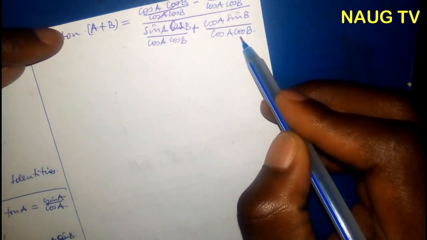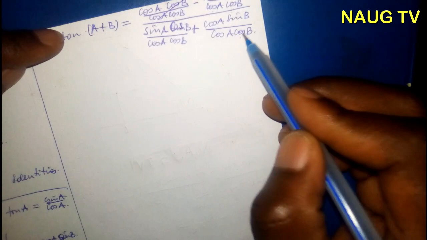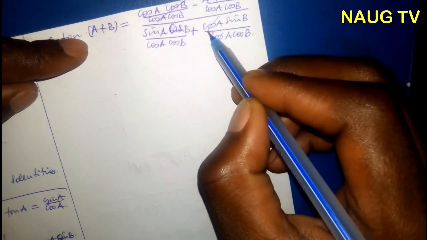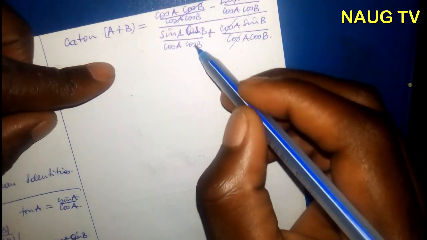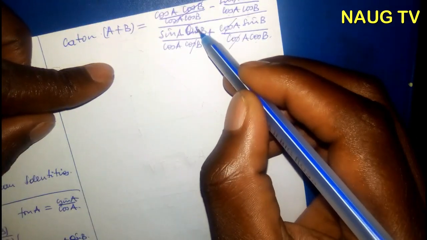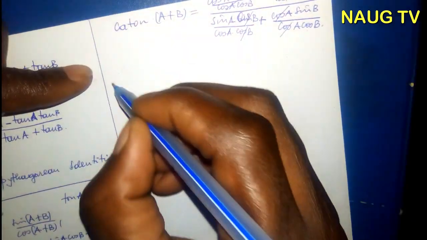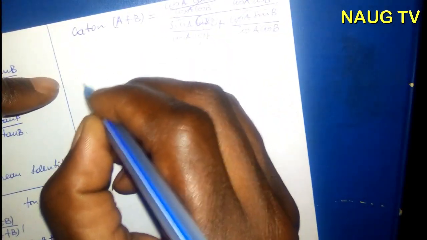I think here cosine of A and cosine of A would be reduced, and cosine of B and the cosine of B also would be reduced, so that we would remain with